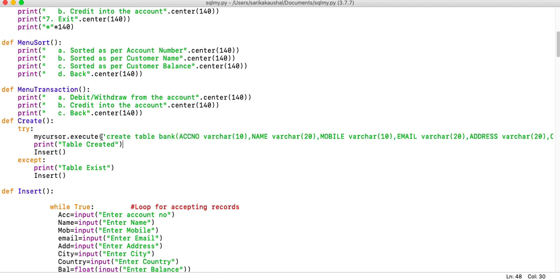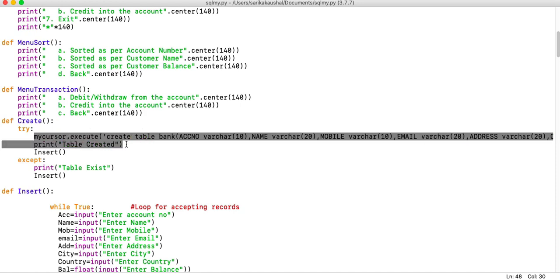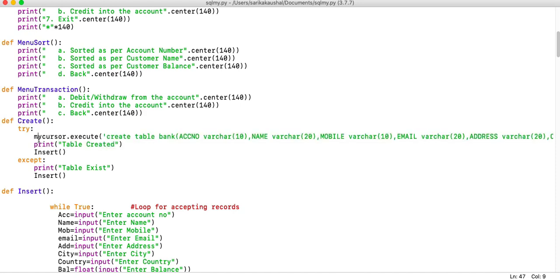Once a table is created, from the second consecutive run this will raise an exception, because I cannot create the same table again.